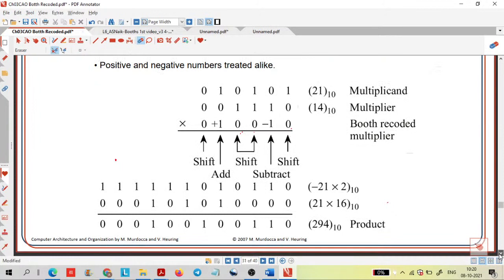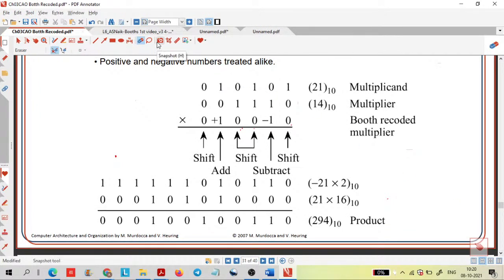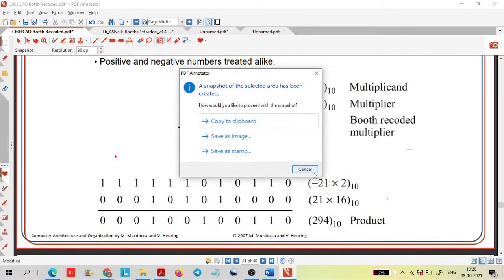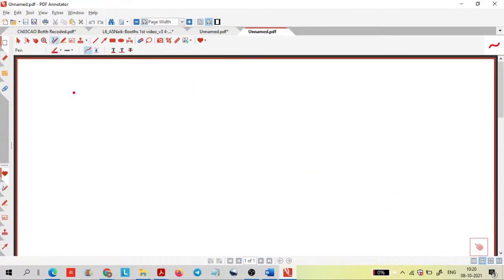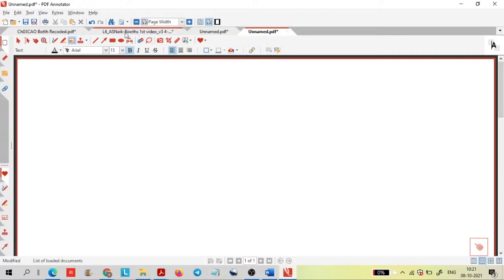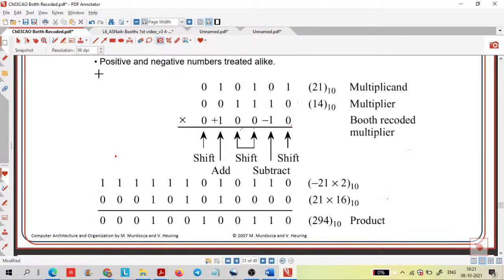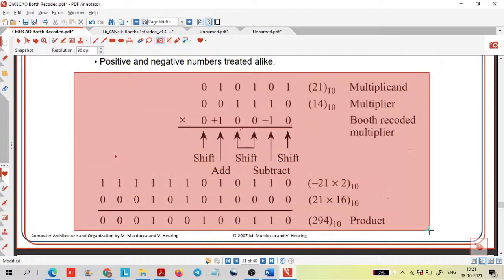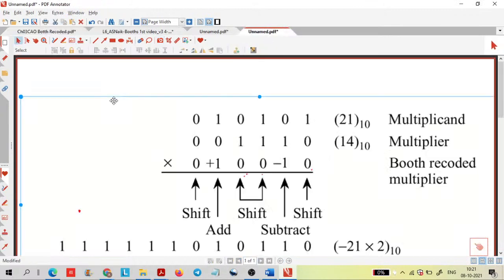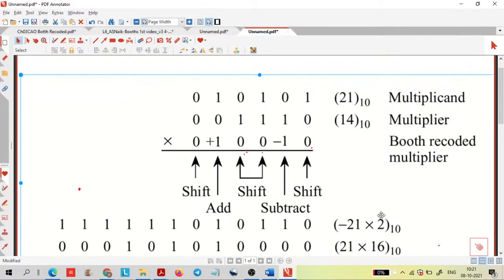So here just I will snap this one, crop. Okay, snap. I will take just a snap of this. Okay, then here I will paste. Okay, I'm not getting this one. Mhm. Okay. Okay. Then okay. Now